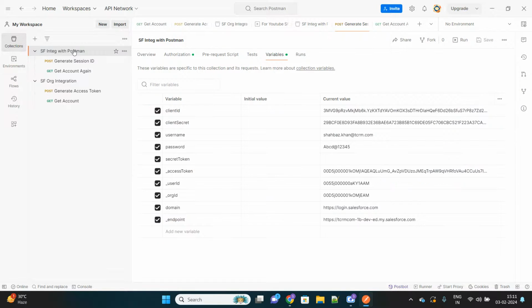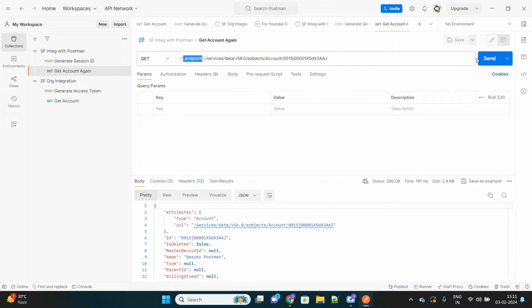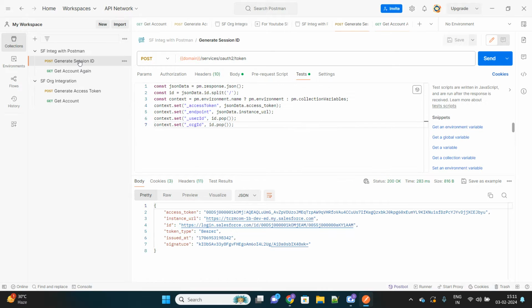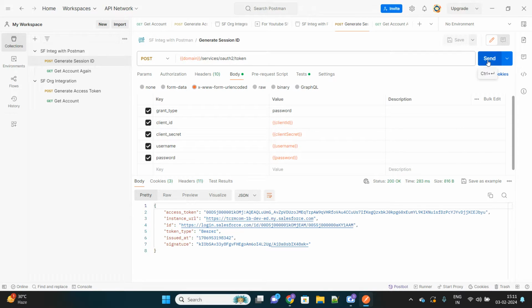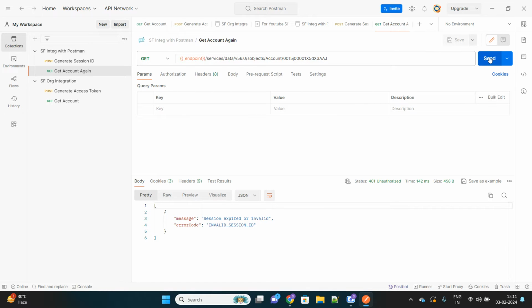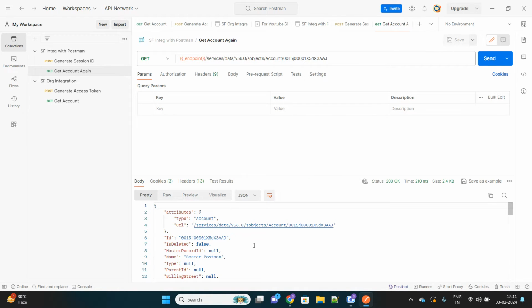If you want to see something, if I simply remove this access token from here, now I have no active session, so I won't be able to make api calls, and it will show me the same message. I don't have to go and manually generate the access token again. I can simply click this. My script will run. It will again generate an access token and assign it here automatically. This is happening automatically. I'm not doing anything. And then I can make